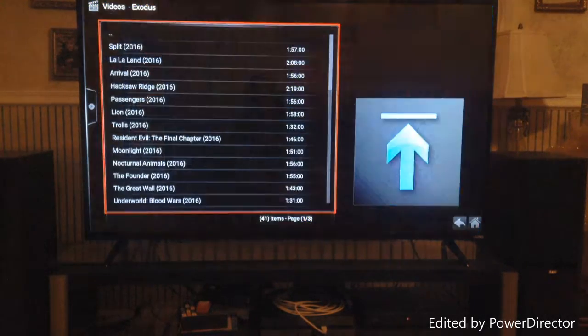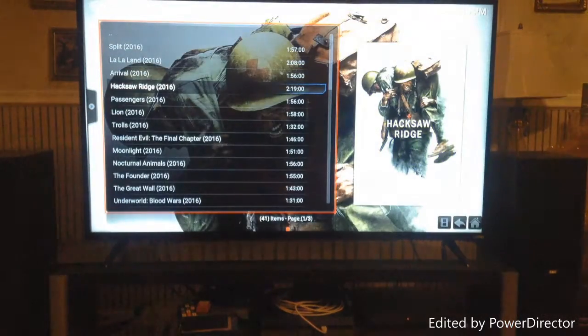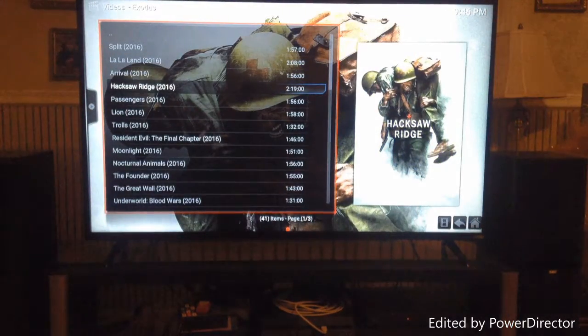Now there are 3 different types of movies that are out there. There are 1080p, which is the highest quality, which takes a lot of your bandwidth. There's also HD. And then there's regular. I always suggest HD. You get really good quality, but you don't have any buffering issues. I know that Hacksaw Ridge is on here, and so I'm going to show that to you